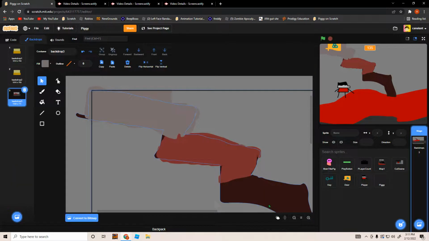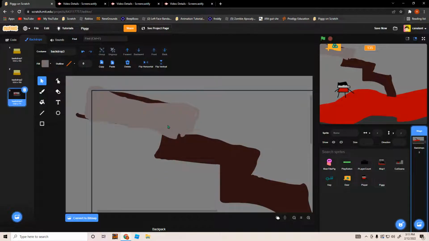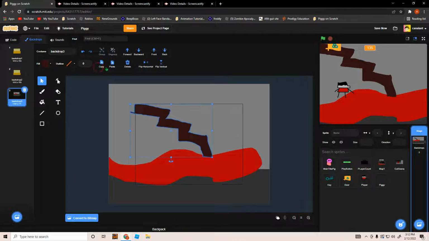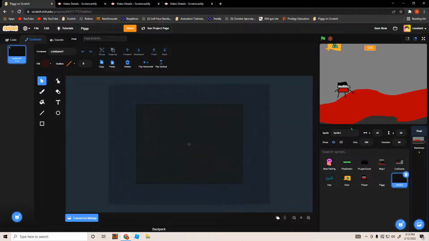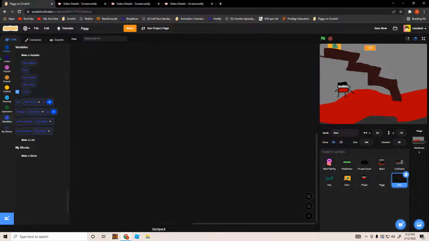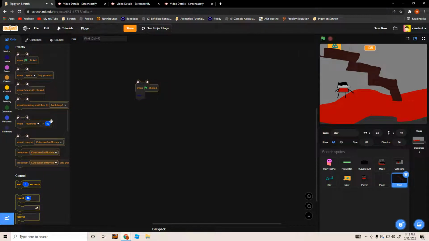So what I'm gonna do is copy this and delete it and add this as a stairs option. Stairs. This is just an option. This is just a little funny option that you could do. I didn't make this in